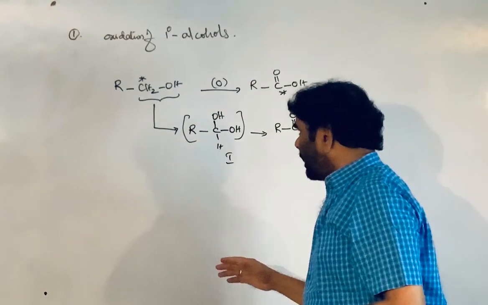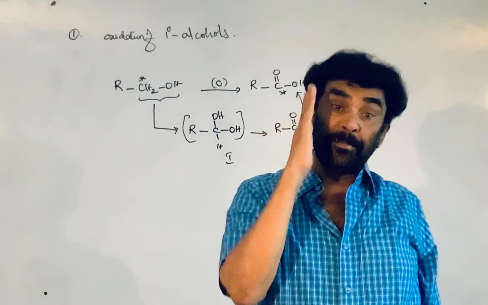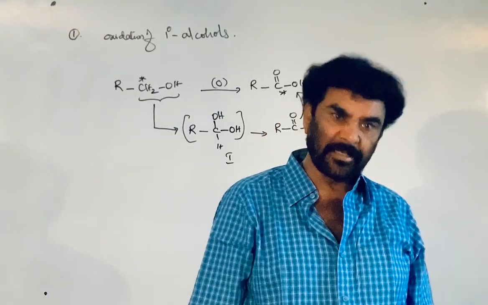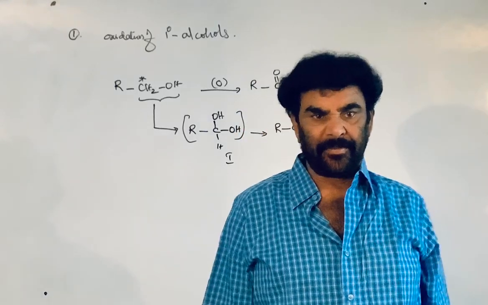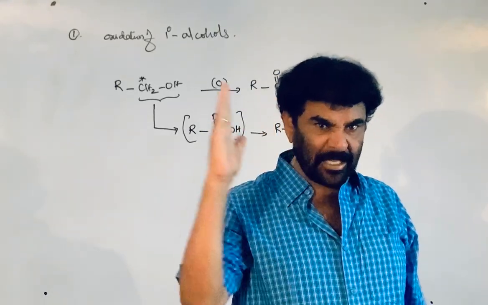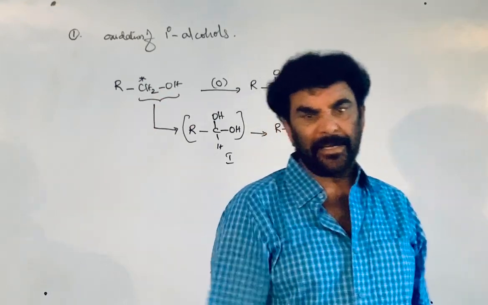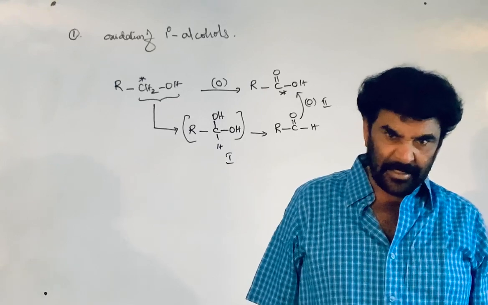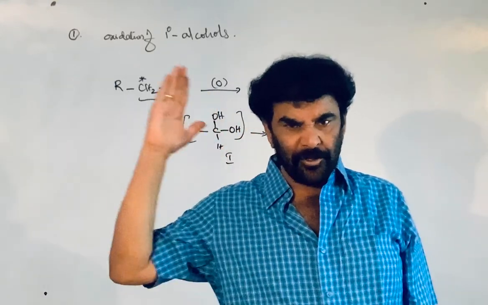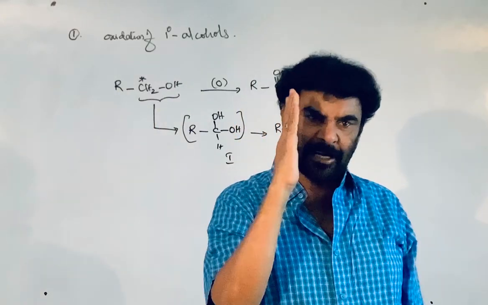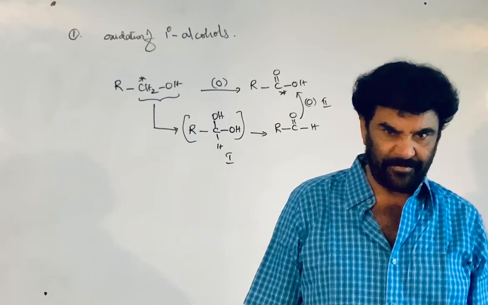See, starting from the primary alcohols, we can prepare the aldehydes through oxidation and we can prepare the carboxylic acids. So, in the preparation of the carboxylic acid, aldehydes are produced as the intermediates. In the oxidation procedure, whether aldehyde or carboxylic acid is produced depends on the nature of the oxidizing agent used for the reaction.